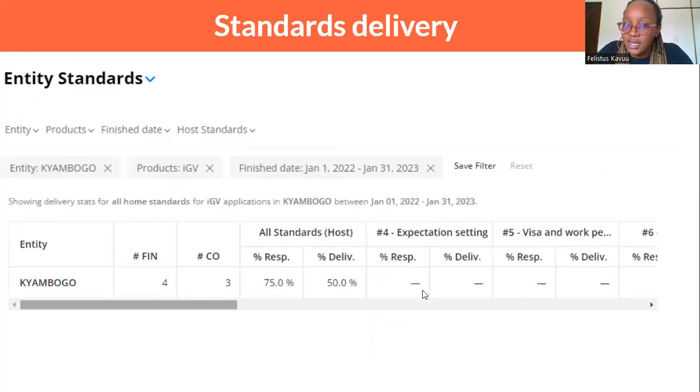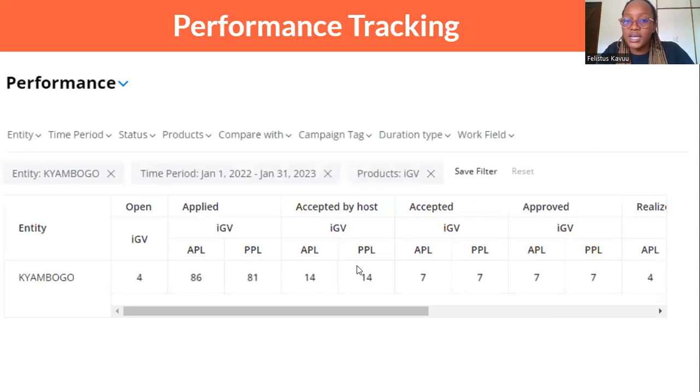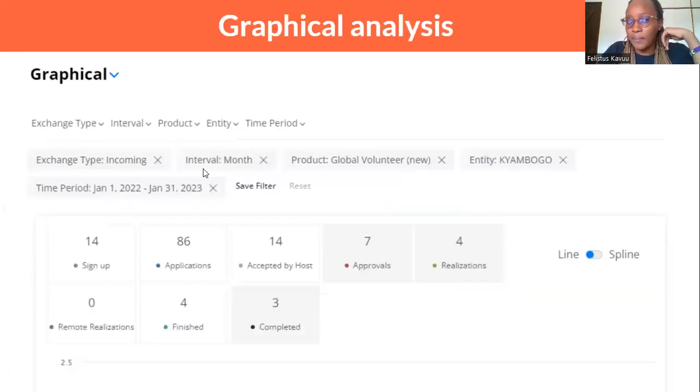Next, we have the entity standards. We talked about the 16 standards. Here under entity standards, you are able to check, same with entering the filters, how the standards delivery for your LC has been done, as a percentage. Here you're able to check for performance. Maybe you want to check since you started your term, like 1st February to that particular quarter you're in, 1st February, March, April, to the end of April. You want to check the numbers and compare them against the numbers that the VP set during planning. This is where you check for them.